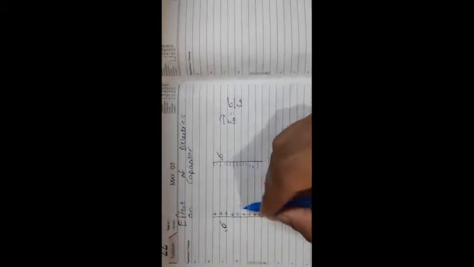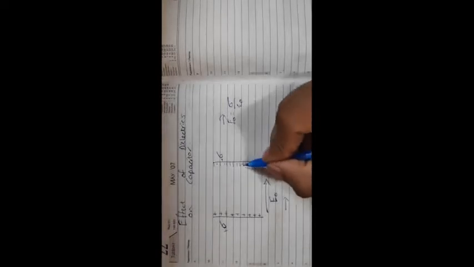The electric field due to this positive charge will be in this direction, and this one also, and the electric field due to this will also be in this direction. So what will happen? E1 equals sigma by twice epsilon naught. This also, E2 equals sigma by twice epsilon naught. So ultimately the net field will be equal to sigma by epsilon naught. This we have already studied.